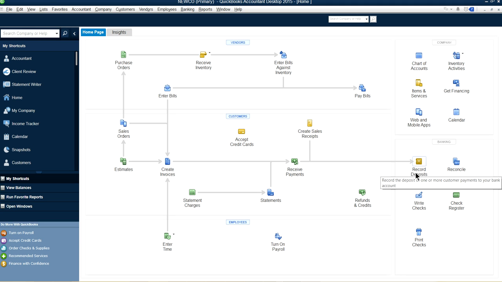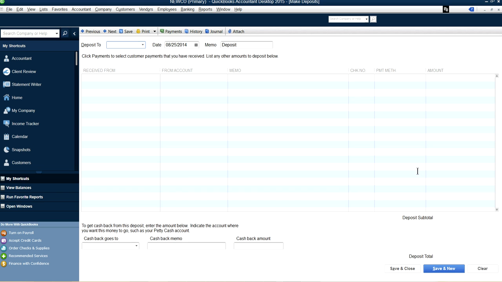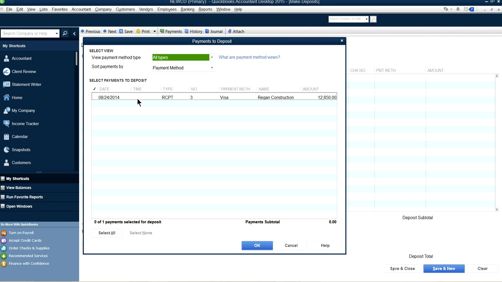Alright, so now we have this one left. We have one more left. Click this one again. As you can see here, this will open. Now this one, there's only one left. So if you are in a business accepting credit cards, you will see a whole bunch of Visa, MasterCard, American Express, Discover, debit card, or whatever. So the thing you have to be careful about is